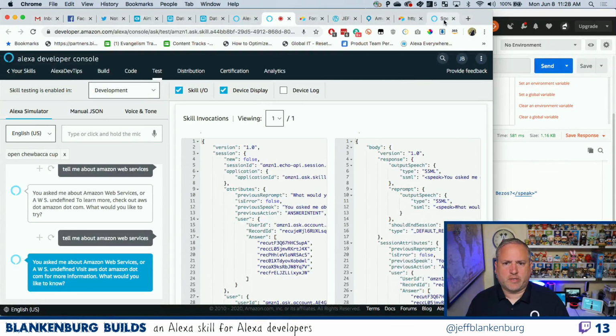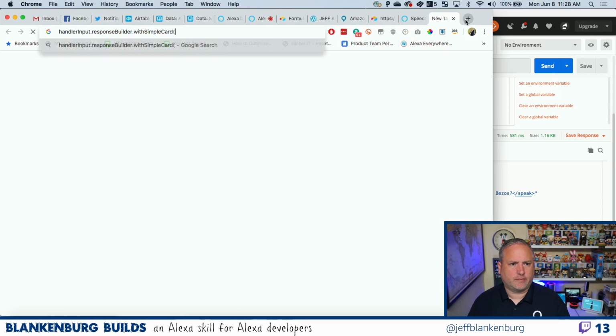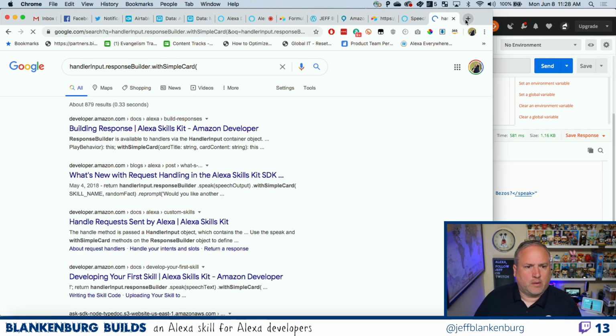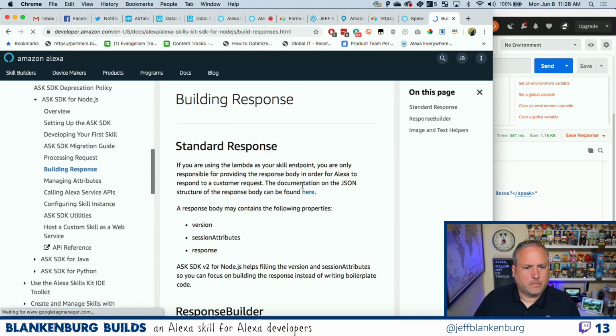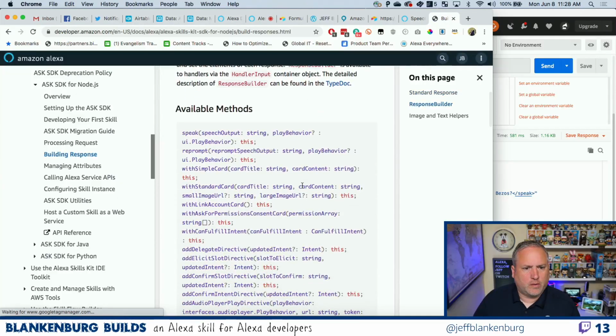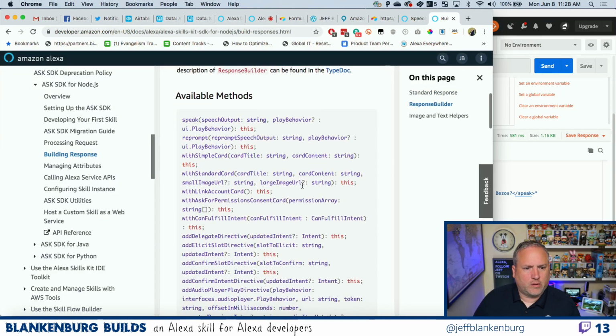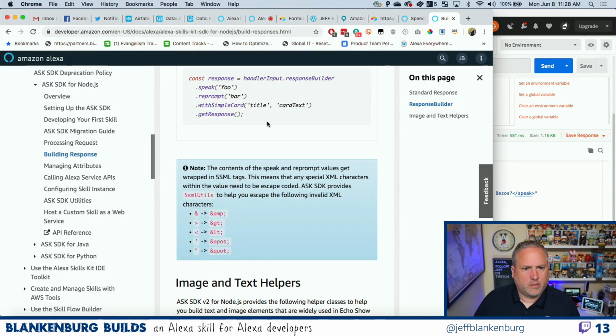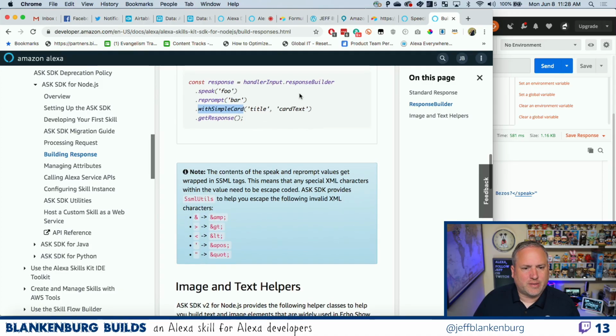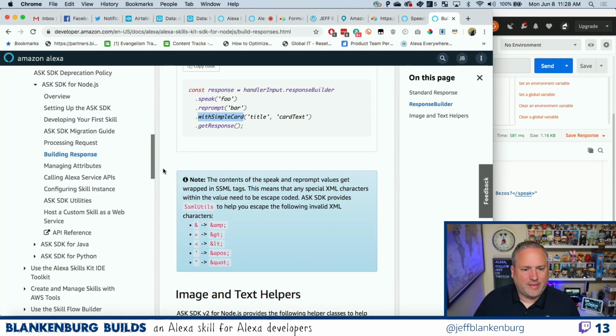Pretty confident I can do this anywhere that I want to. Come on. With simple card. I don't want to have to do it all in the same call. I didn't think I had to do that.